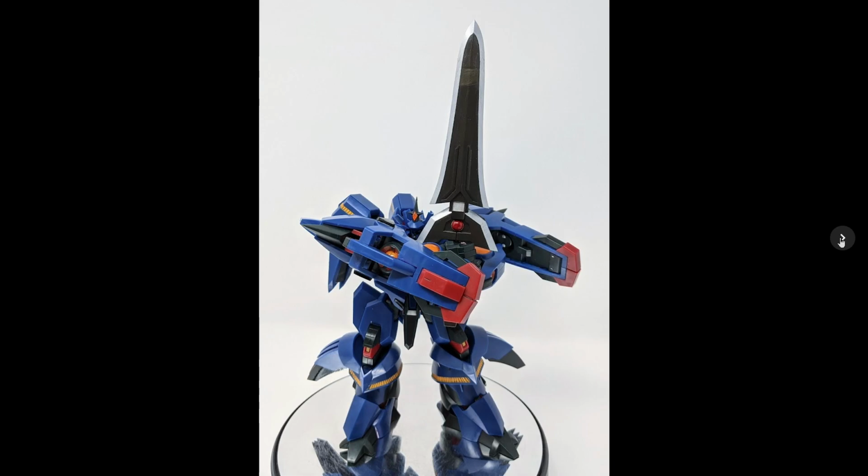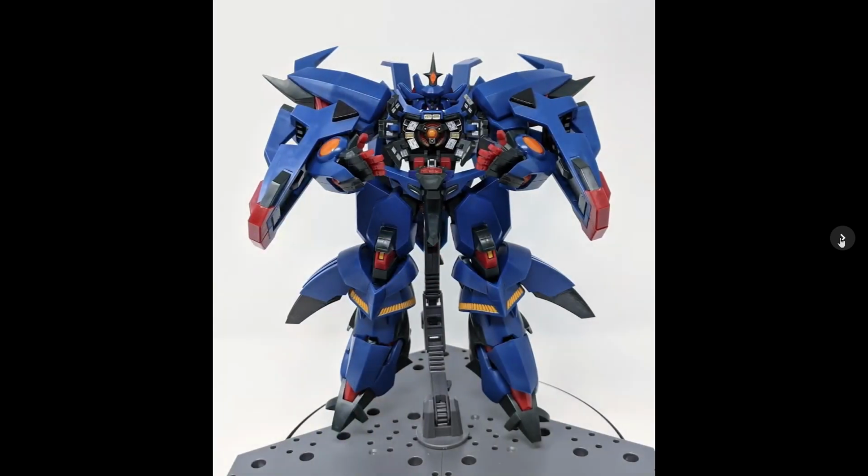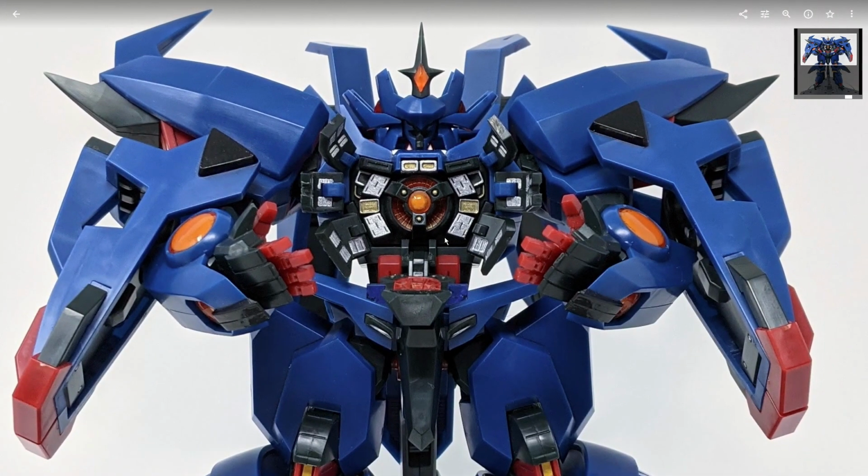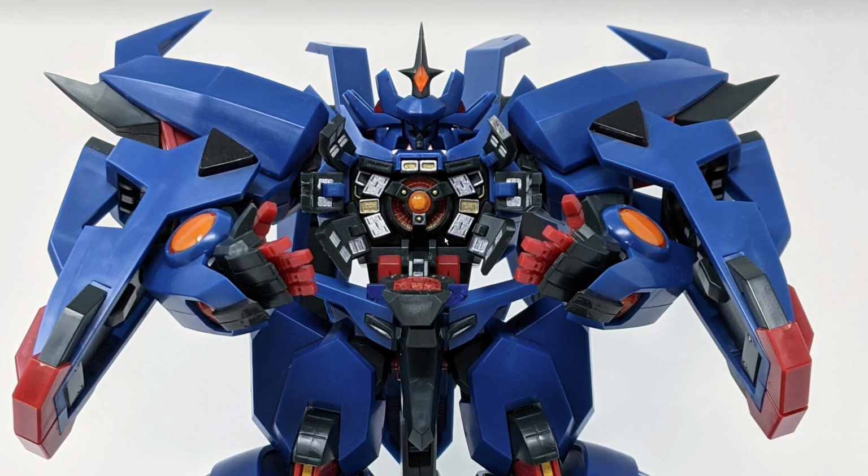But yeah, it's a pretty decently sized sword. And here's everybody's favorite gimmick with the Granzon. So all of these opening panels on the front of the Granzon, they open up, and it's supposed to be the...